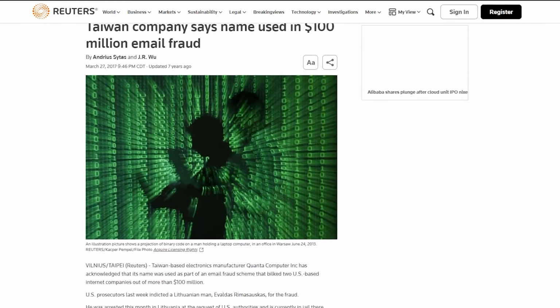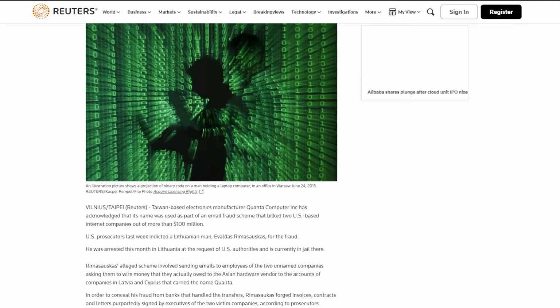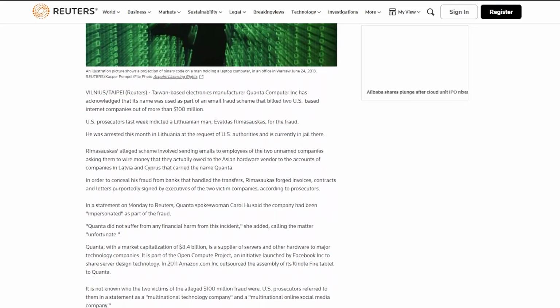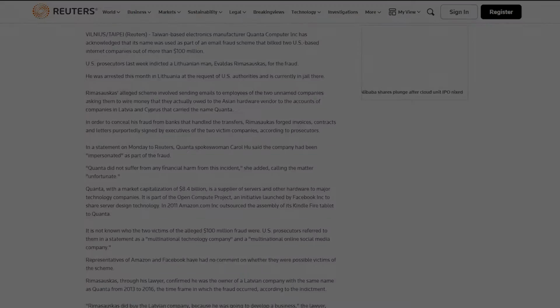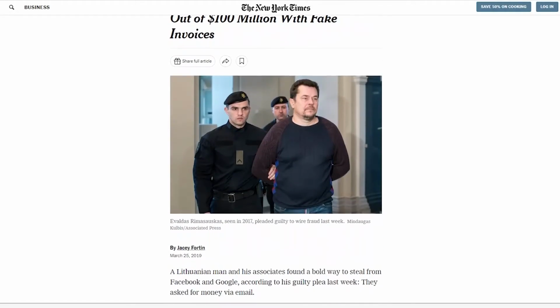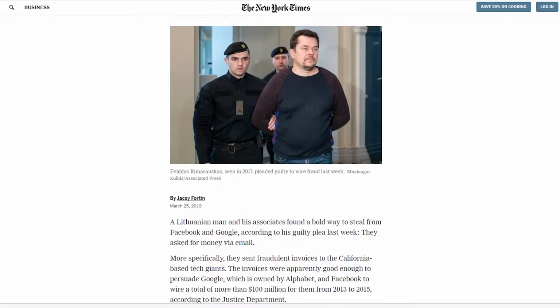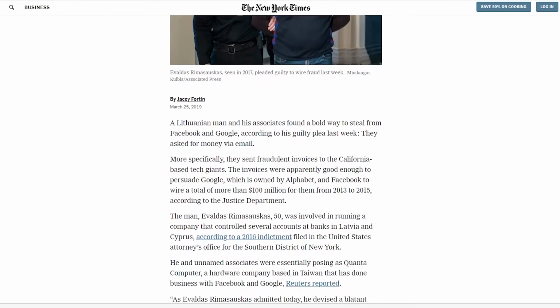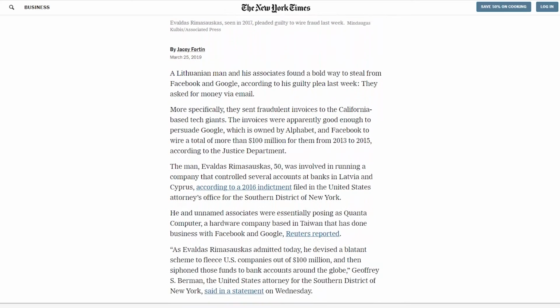The attack itself is a typical false invoice scheme. The attackers set up a fake company called Quanta Computer that impersonated a real-life hardware supplier, then proceeded to present the two tech companies with convincing invoices and counterfeit lawyers' letters and contracts to ensure that once the funds were paid, the bank would accept the stolen capital.